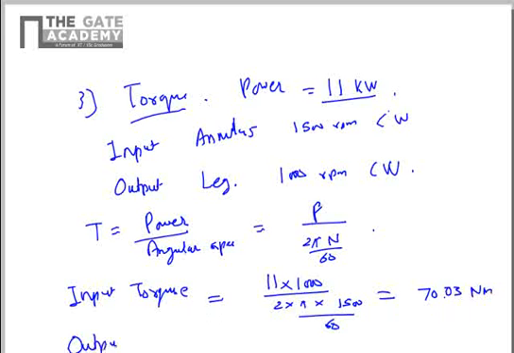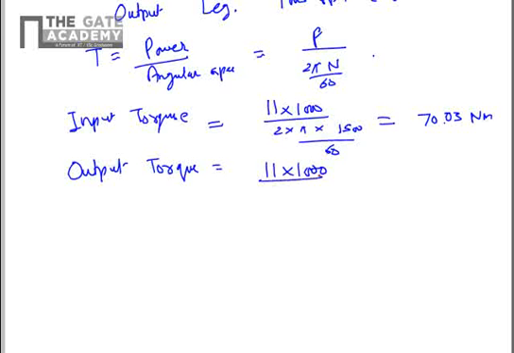For the output, we just need to know again only the rotational speed because the power will remain the same. 11 kilowatts, so 11,000 divided by 2 pi n, where n is 1000 in this case, divided by 60. So this will be equal to 105.0 Newton meter. Since the input speed is higher, the input torque is less; the output speed is less, so